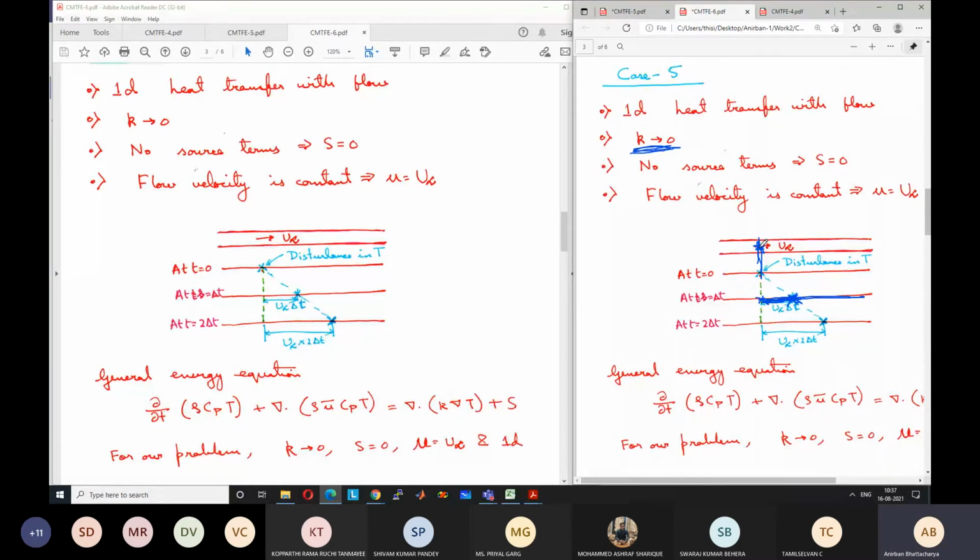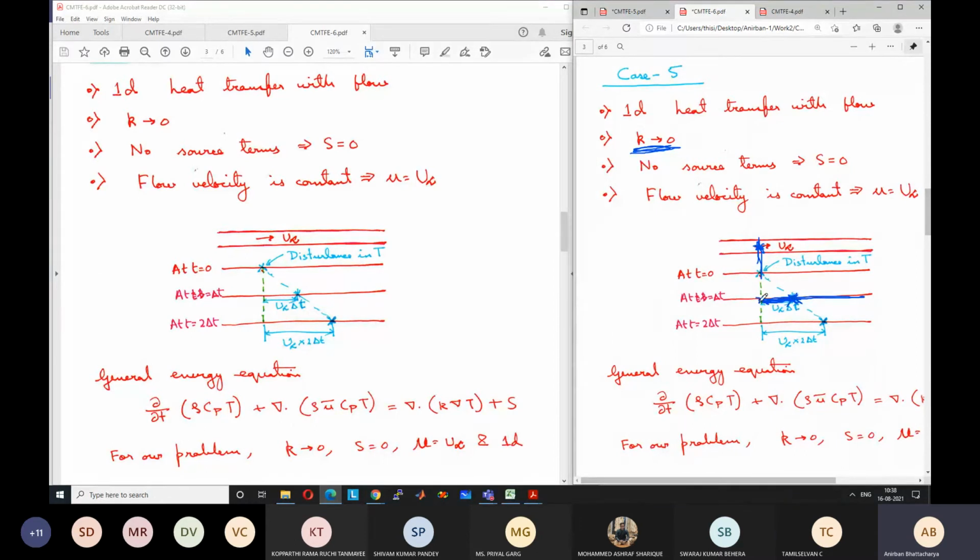So at any point, instead of temperature, if it was an ink drop. Okay, I had dropped a drop of ink here. What would have happened if diffusivity was 0? Will the ink spread? Ink will be advected, sir. Only advected, because there is no diffusion. So the ink from this point would have traveled to this point. But it will be only located at this point only, right? It will not spread in this line. Yes, sir, the drop will just flow ahead because there is no diffusion.